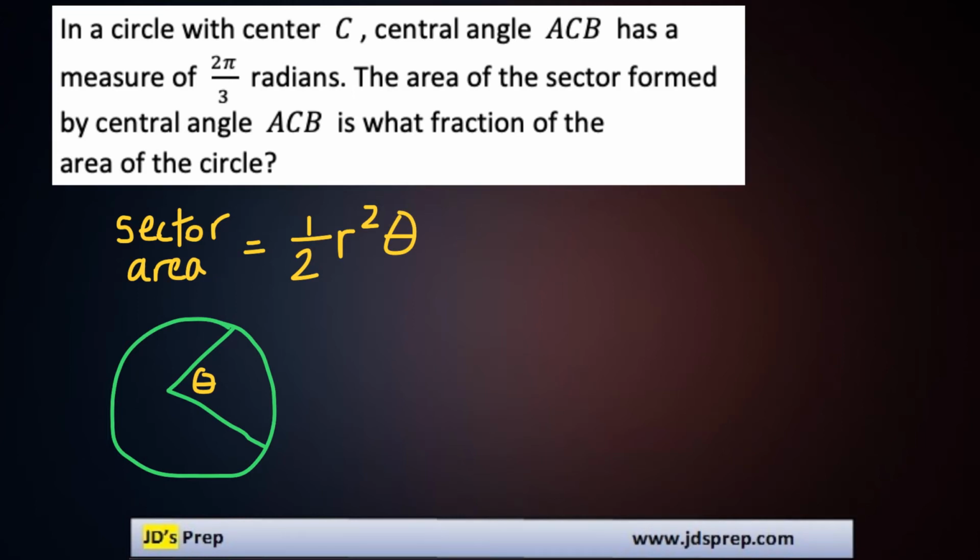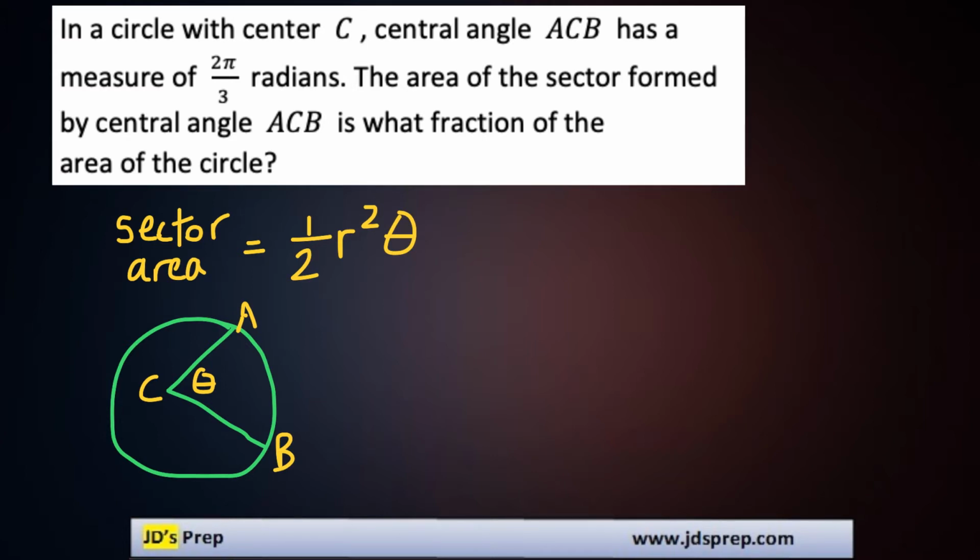For this problem, we're looking at a circle that has the central angle ACB. So I guess I could label this diagram here ACB. And that central angle has a measure of 2 pi over 3 radians. Now it also says that this area of the sector formed by central angle ACB is what fraction of the